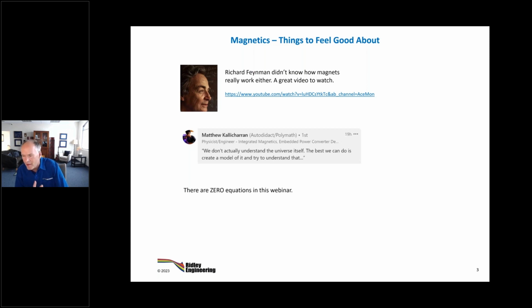I got to revise that. There are some equations, but they're not mine. They came from one of the semiconductor manufacturers. And I found over the years that if you do a presentation and you include an equation, any engineer in the room then has to understand exactly what that equation means before he can move on to understanding what you're talking about. That doesn't mean that we have 0 equations involved in our design process.